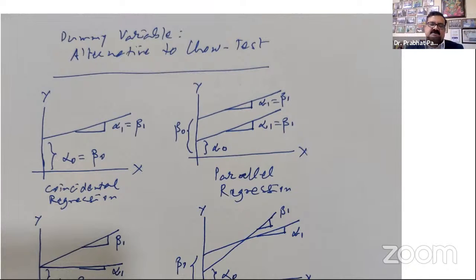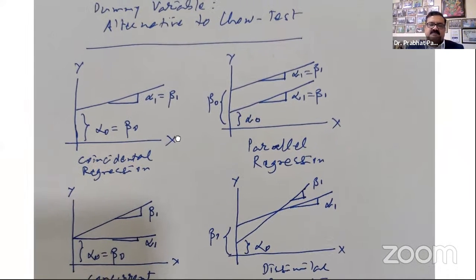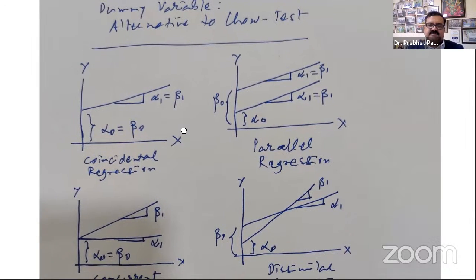Dummy is a good substitute for the Chow test. It makes things very easy for us because it doesn't calculate 2 regressions. It actually combines the 2 data sets together and then calculates 1 single regression. And with a single regression, you are able to understand the difference between the period before and the period after, right? So it's a beautiful application, you can see. There are 4 kinds of scenarios that can emerge when you are interpreting this. This is the first scenario, right?